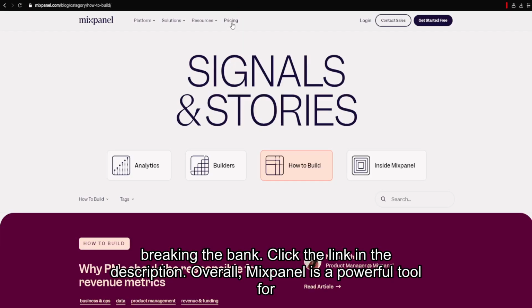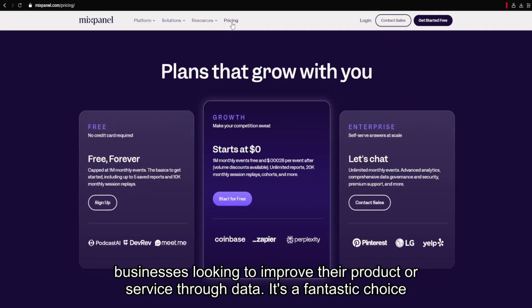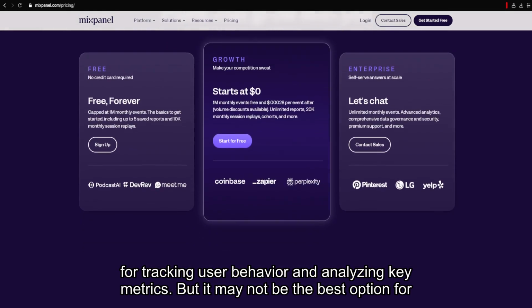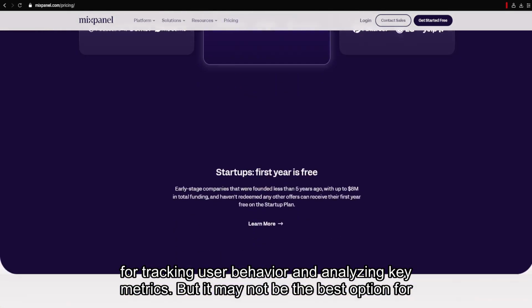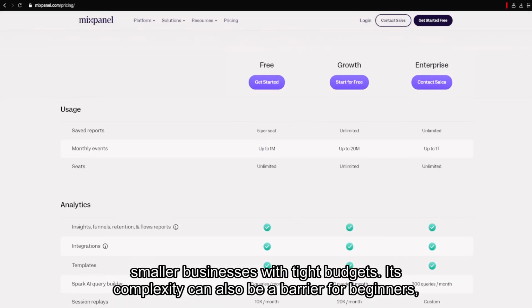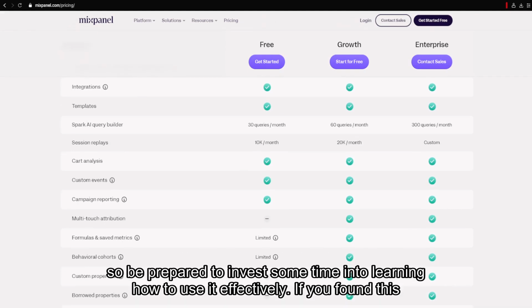Overall, Mixpanel is a powerful tool for businesses looking to improve their product or service through data. It's a fantastic choice for tracking user behavior and analyzing key metrics, but it may not be the best option for smaller businesses with tight budgets. Its complexity can also be a barrier for beginners, so be prepared to invest some time into learning how to